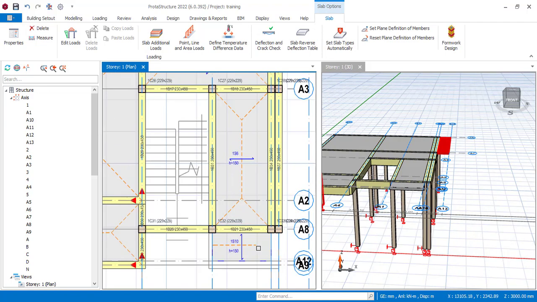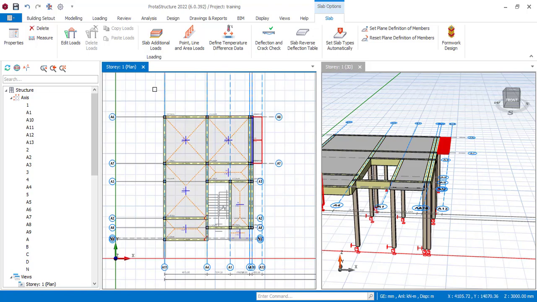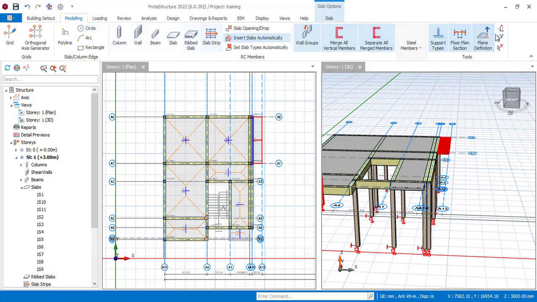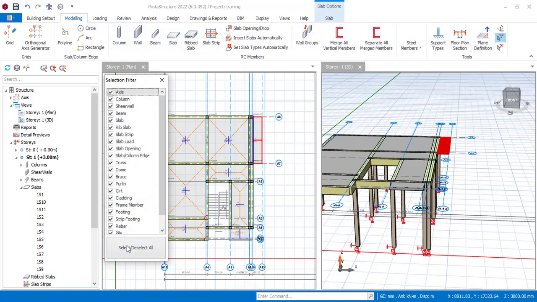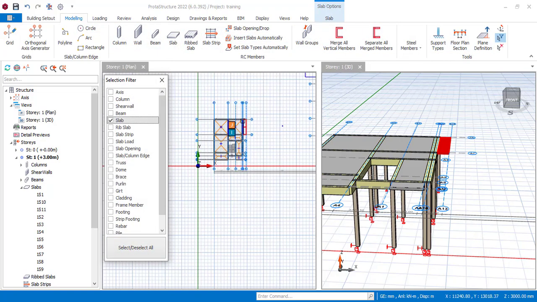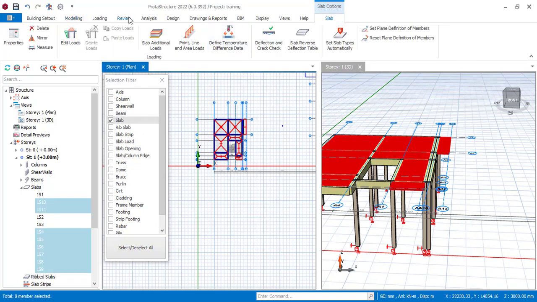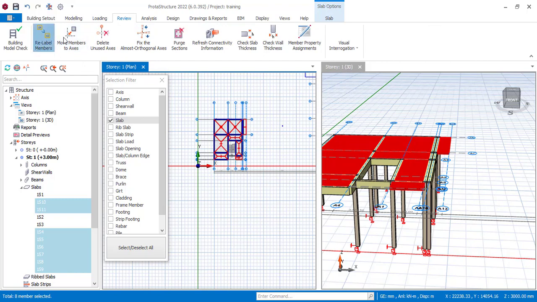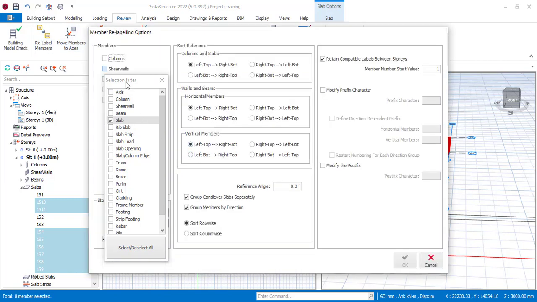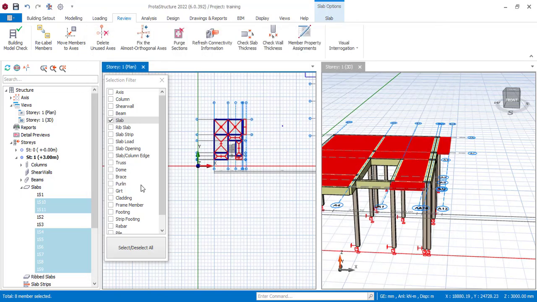Now you can see we have inserted new panels. All you need to do, just like what we did earlier on, you can just come to your filter and just filter only the slab, and then go back and just rearrange them from your review. Here you can click on relabel and just relabel it again. As simple as that. All I need to do now is to select, sorry, the problem with I think this is one area this